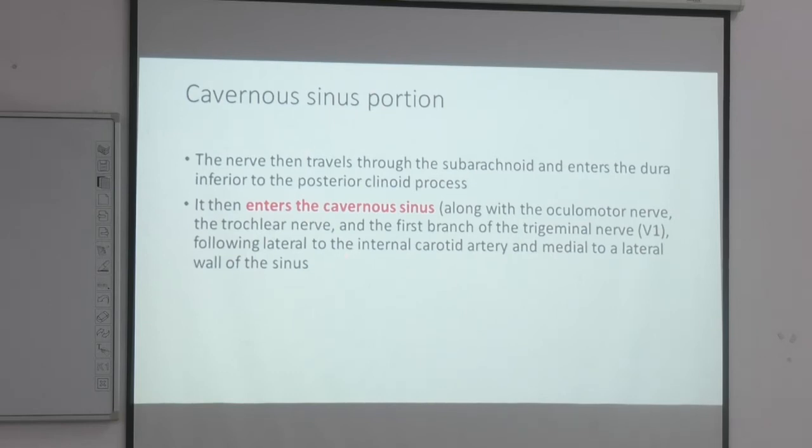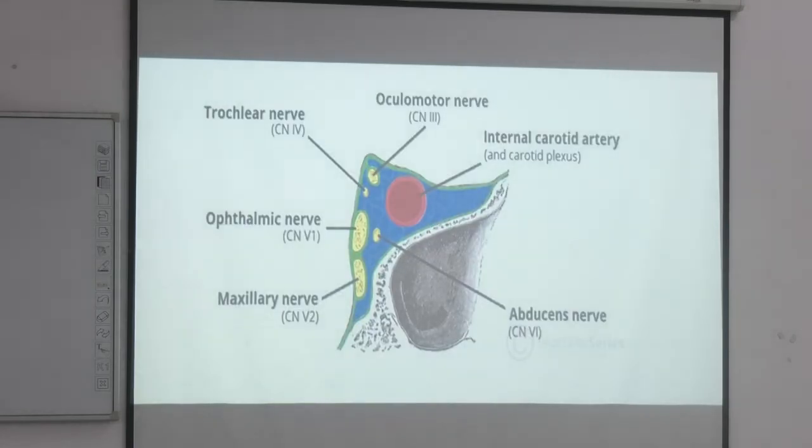Along with this cavernous sinus, we have the walls of the cavernous sinus. If you study this cavernous sinus, which is present on the sphenoid bone, it has a roof, a floor, a medial wall which is related to the sella turcica, and a lateral wall. You can see this cavernous sinus is pierced by a number of nerves which eventually get to the eye to supply it, along with this large red structure, the internal carotid artery.